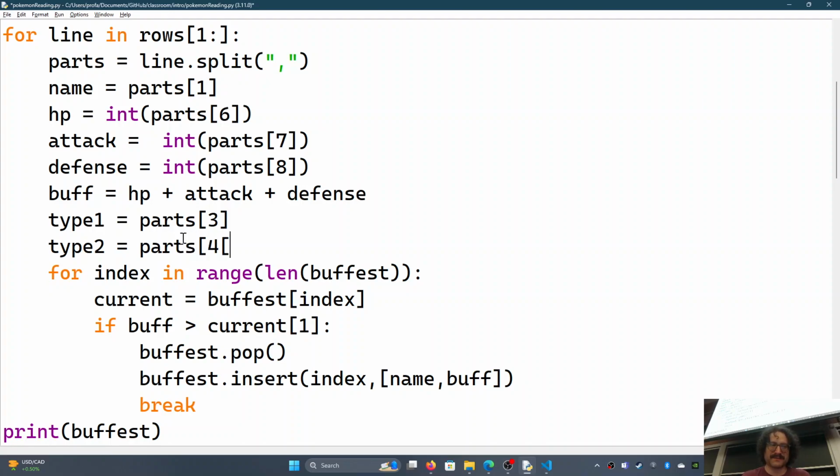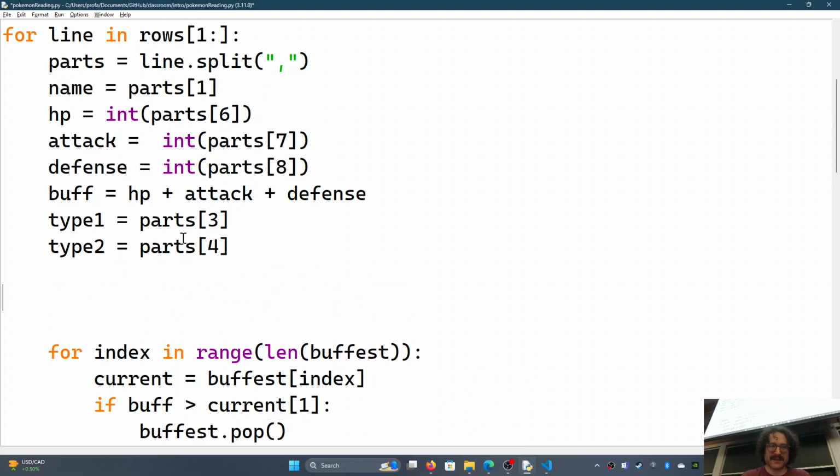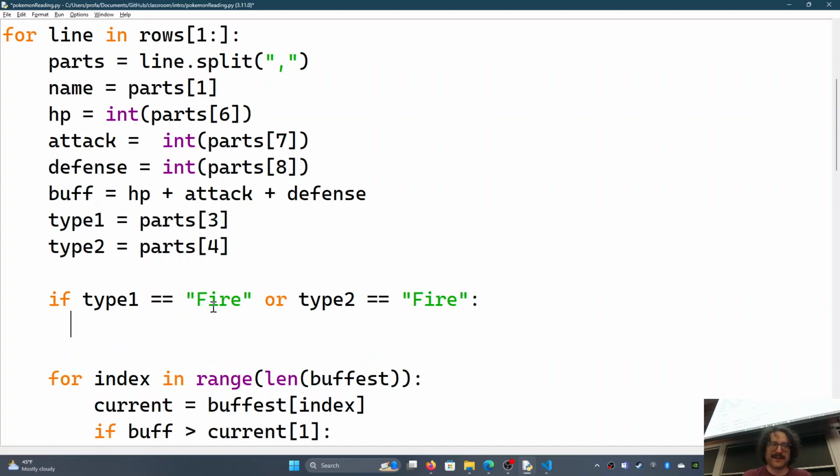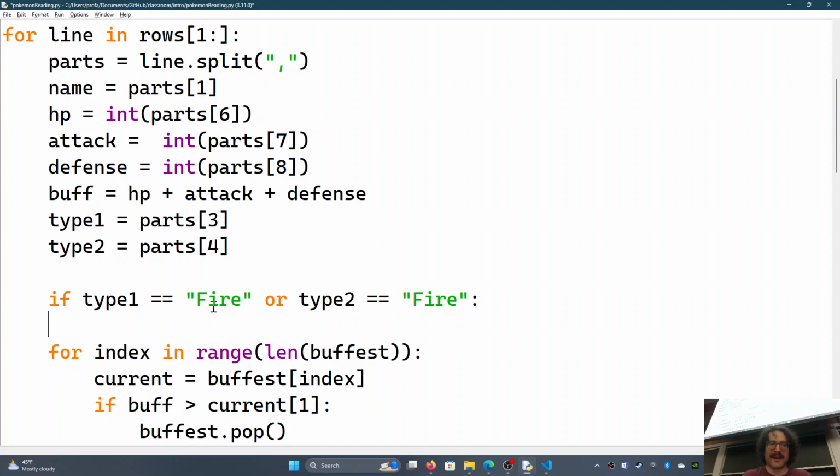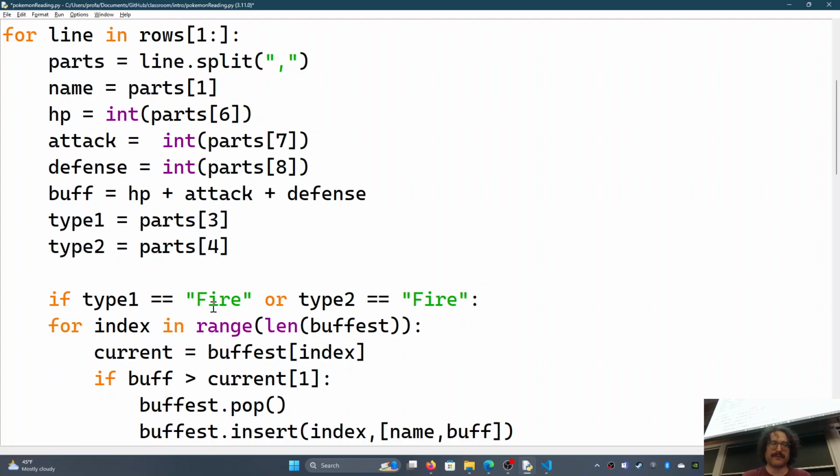Parts 4. And now if we only want to go over fire Pokemon, we could say if type 1 equals fire, capital F, or type 2 equals fire. So if either is fire,